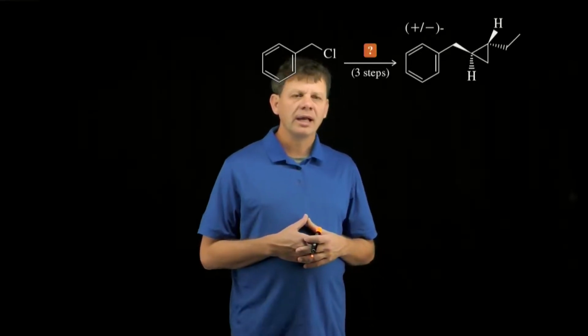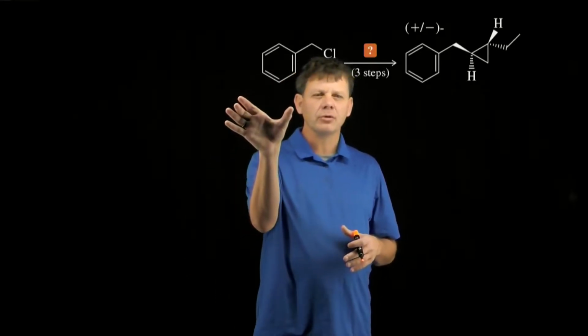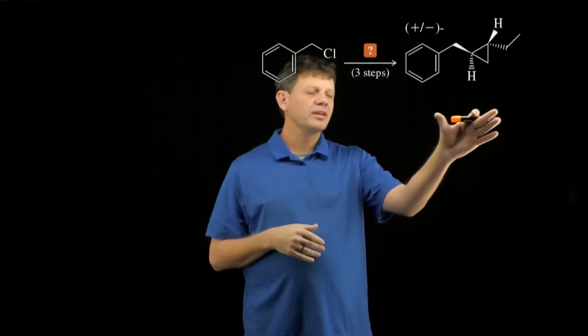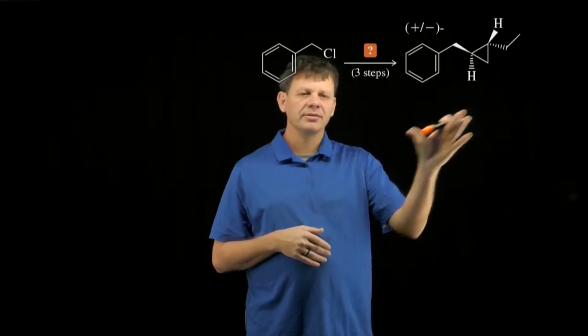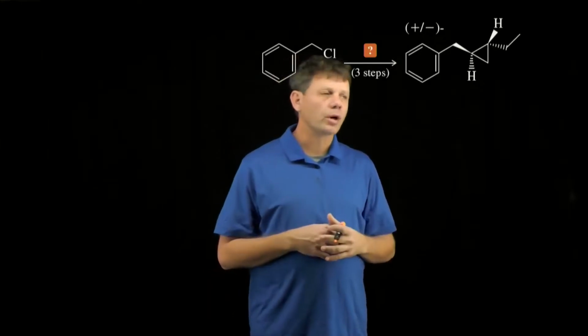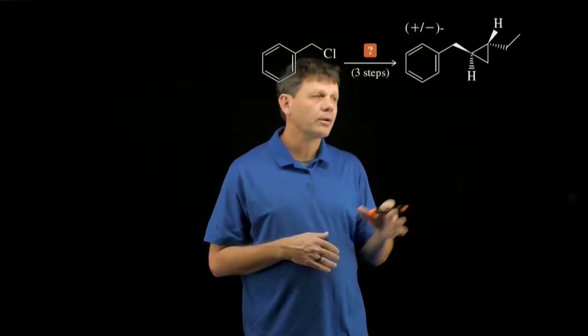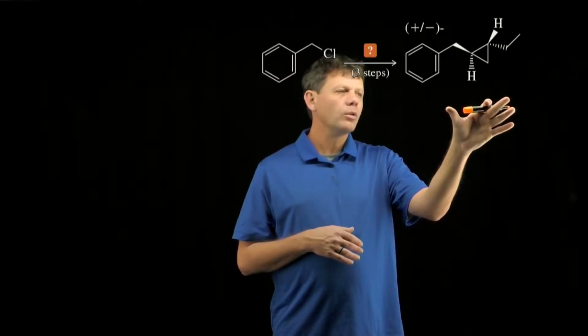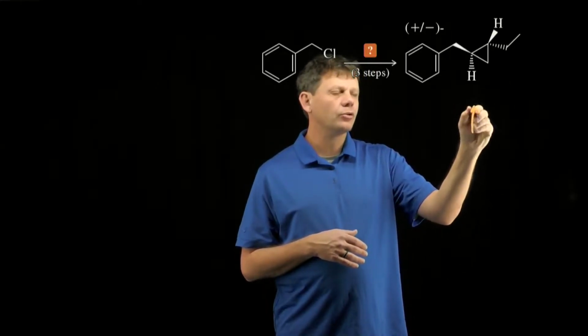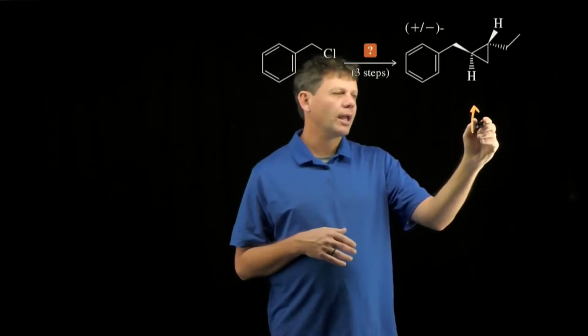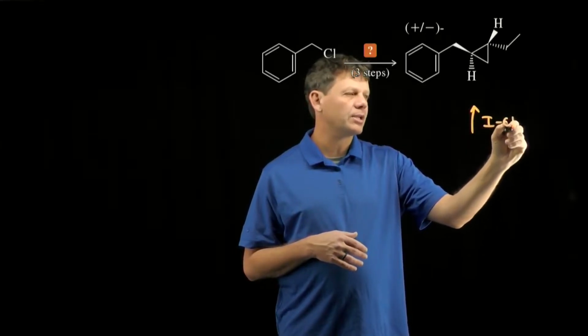In this assessment, we're asked to start with this benzyl chloride and do a synthesis that results in formation of this cyclopropane. We're going to work this, as we do all synthesis, by going backwards. And so we know that the way to put a cyclopropane into a molecule is to react with the so-called Simmons-Smith reagent,